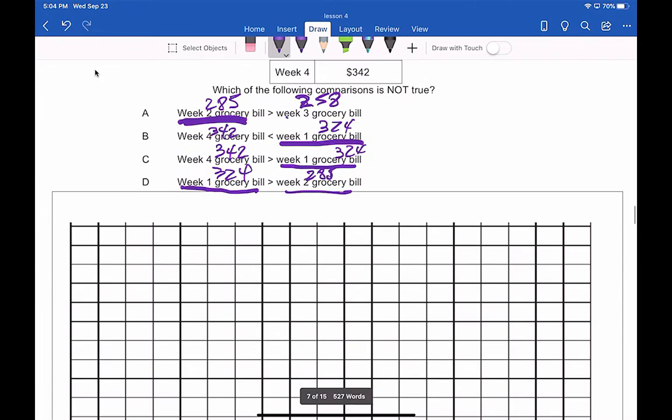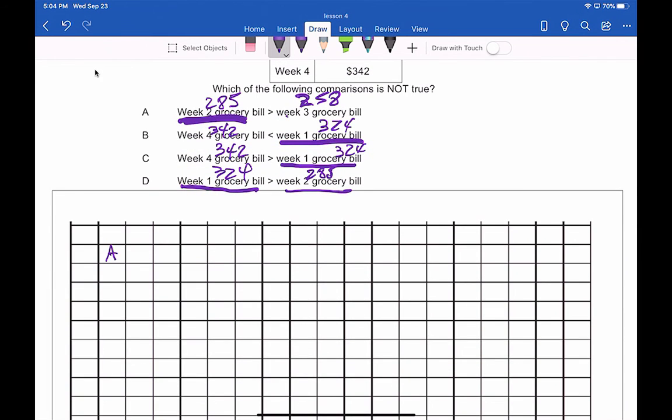Then we need to continue and do exactly the same process, but we follow some order. Letter A. For letter A, we write the number 285. We need to use exactly the same denomination because the question says what is not true of this. So we write the second one, and then the recommendation is to follow all the steps. So we always do something secure. Write the first number, write the second number,